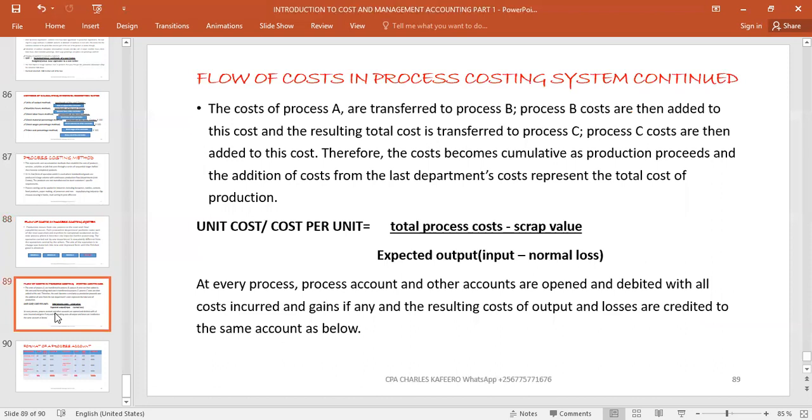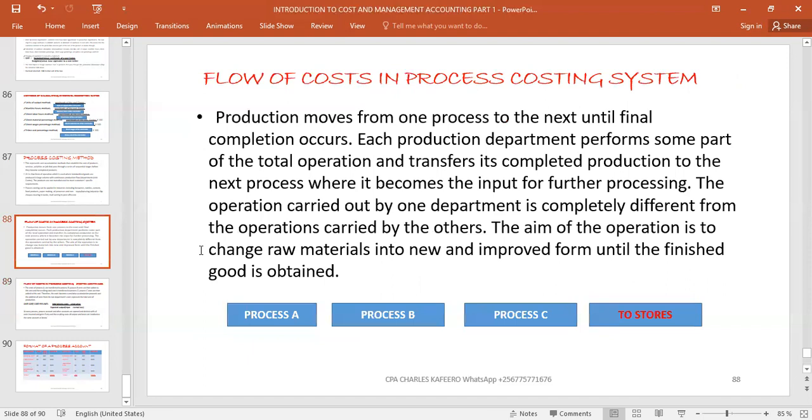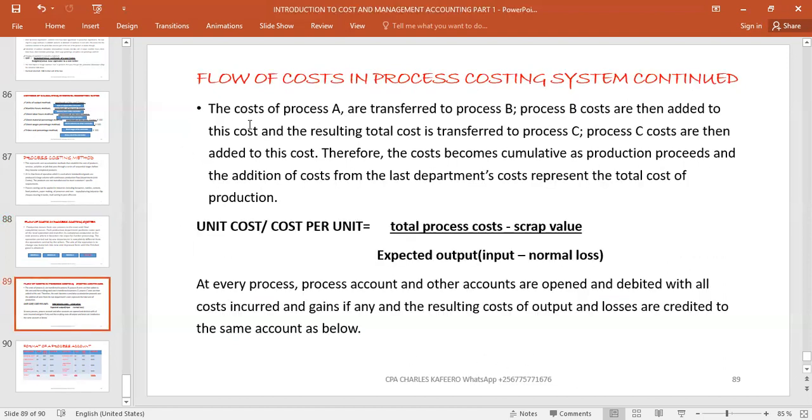Then we are still on the flow, and this just explains what I've been telling you, that products which are coming from process A go to process B, and they become the input for process C. The costs of process A are transferred to process B. The process B costs are then added to this cost, and the resulting total cost is transferred to process C, where the process C costs are then added to this cost, the cost we've got from B, and therefore the costs